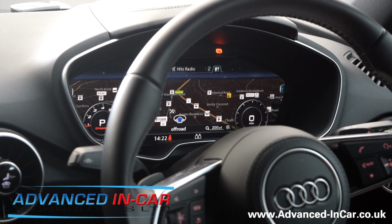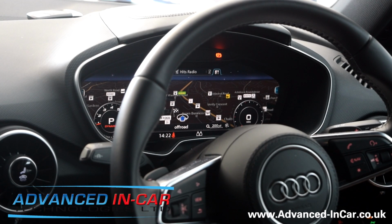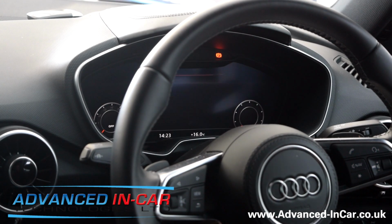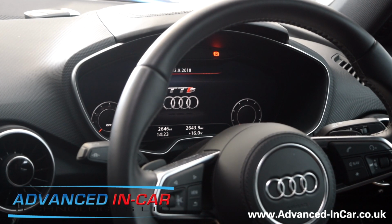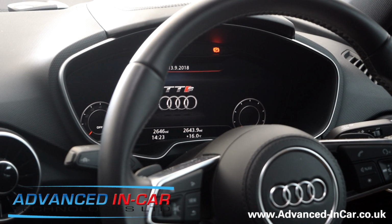And also you've got this service mode for when you're dropping your car off at the airport and other such things, or the main dealer for bits and pieces. So for our demo purposes, we've just used this left arrow 4 times, so we can just turn that off again. Now the Volkswagen Audi platform takes up to 30 seconds for it to reset. So as long as we've reset that code, which I will do, I'll just time out